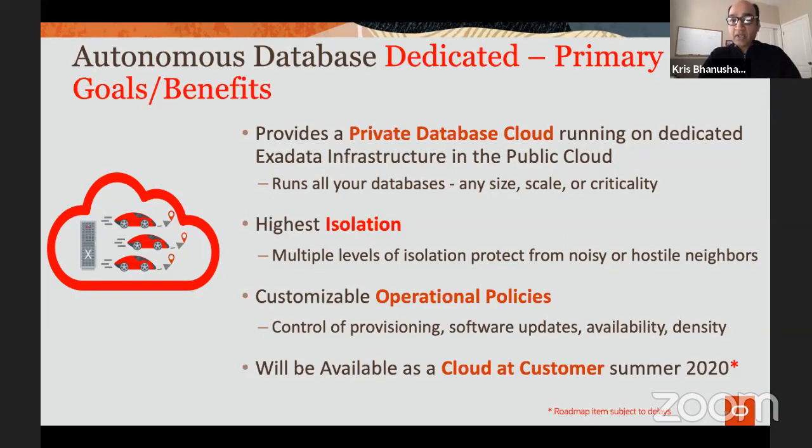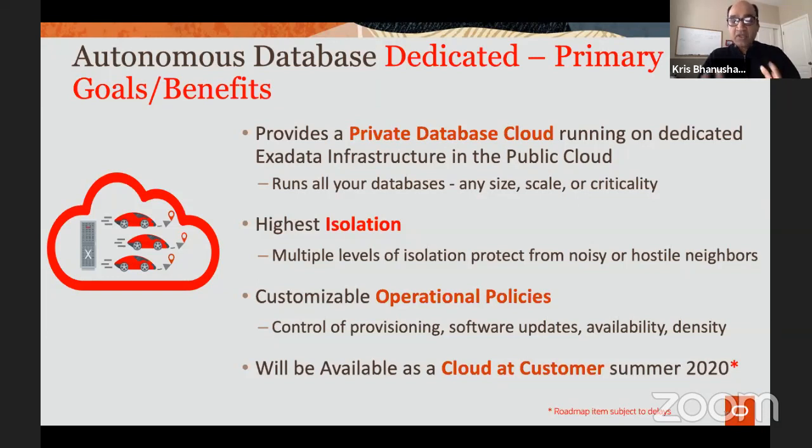Provisioning is simple. Going forward, I'm going to show you how databases are provisioned with a few clicks. You can provision Exadata infrastructure with the same ease. You click a few buttons and you pick the region where you want it, and you have your own full rack of Exadata with hundreds of cores and petabytes of storage. On that, you choose how you deploy databases. Databases are isolated. You can see that the Exadata frame itself, the network, and the container databases have the highest level of isolation, very comparable, I'd say, to how you would isolate environments on-prem.